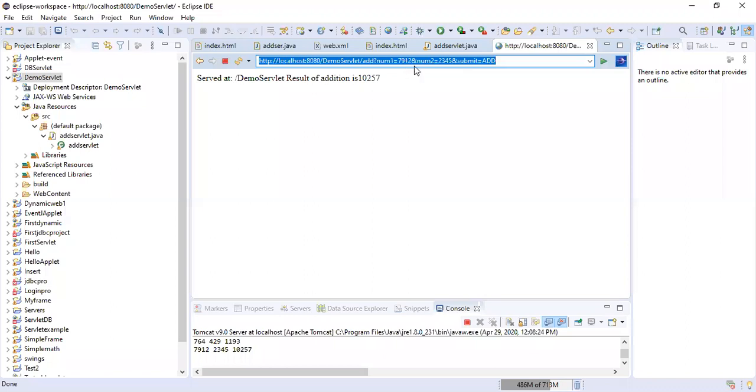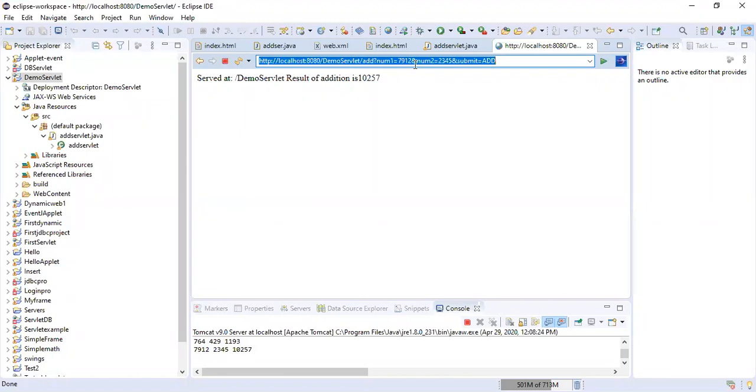Check out whatever numbers we are sending to the server, they are visible in the address bar. So anybody can view what data you are sending to the server. Say in case of your username and password, if you want to hide this data, we have to use the post method, because if you are using the get method, that name value pair in the address bar is visible, showing what data we are sending to the server.